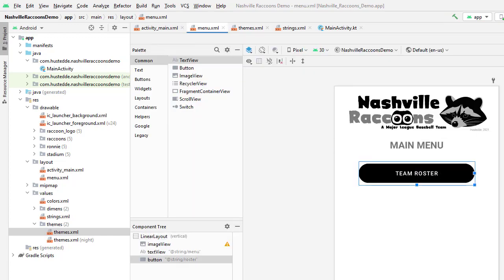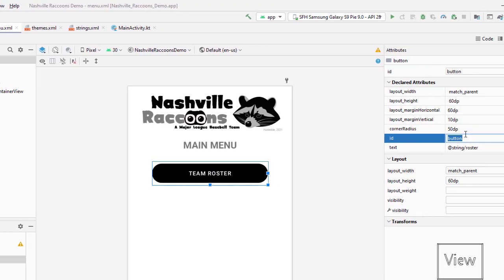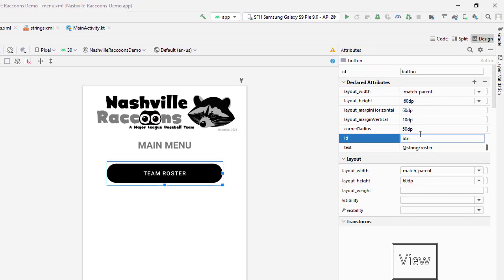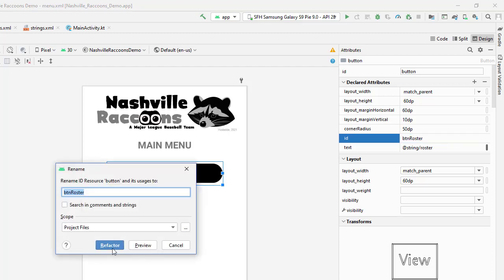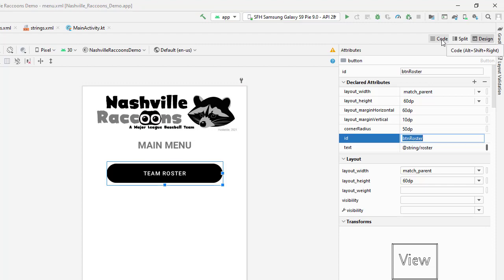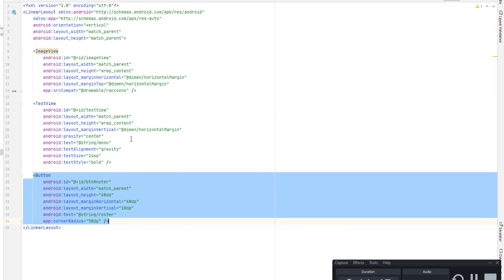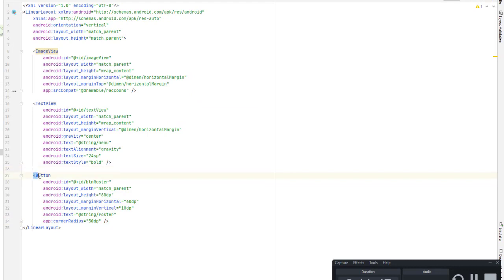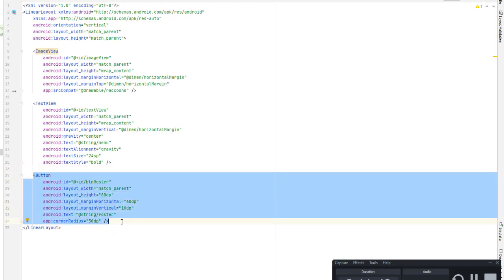Okay, I'm going to give this a name. So give it an ID, right? It's a button. I'm going to call it BTN roster. It's going to refactor for me. And I want to recreate this button 3 more times. And this is where working with the code rather than the design can come in really handy. I'm going to go to the code of my layout, and I'm simply going to select the button and copy it,